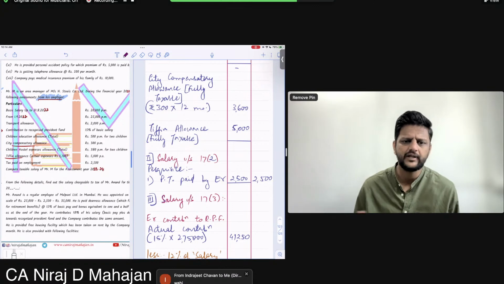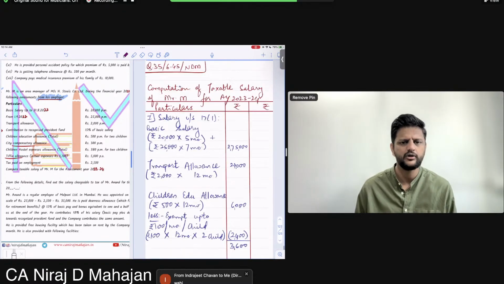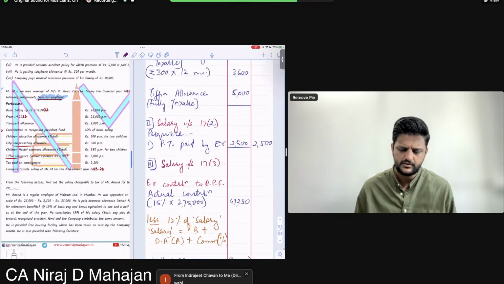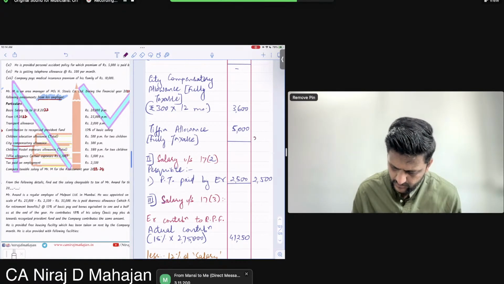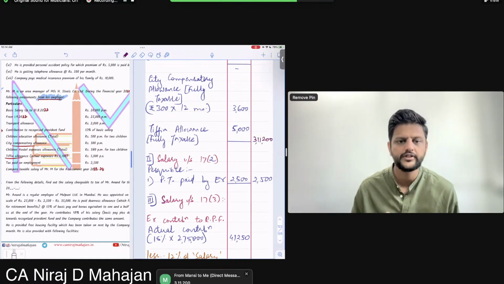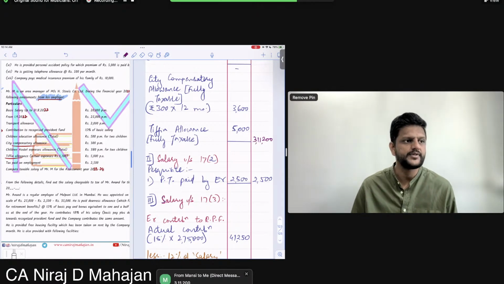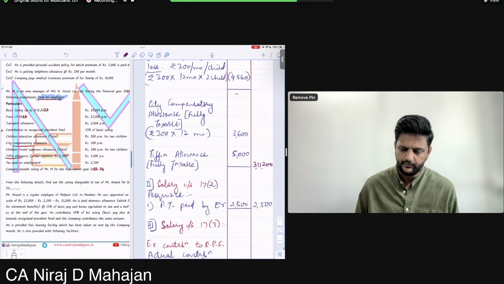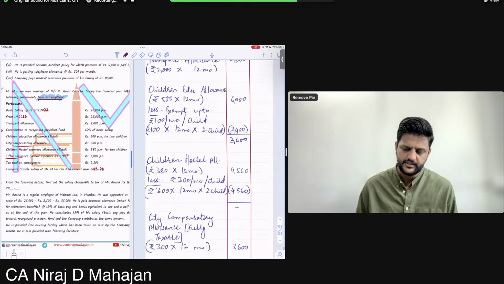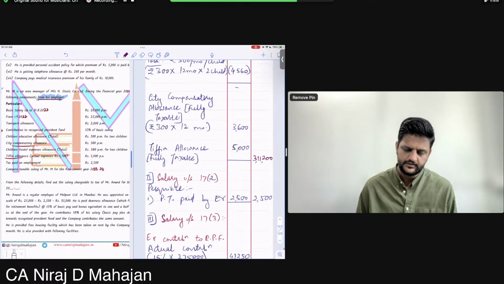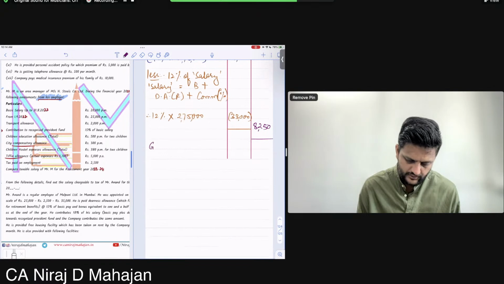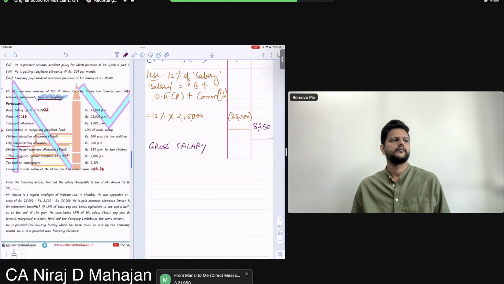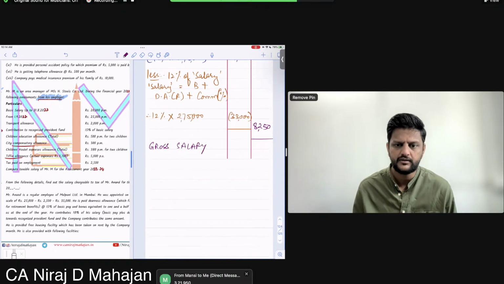Arey, in 17.1 add this also, na. Allowances, etc. All of that. Add all the allowances. 311,200. Okay. Check all of you. Only 17.1 I'm saying. Okay. 275 plus 24 plus 6 plus 3,600 plus 3,600 and 5,000. Fine. And now give me gross salary. Three 21,950 only. Okay.